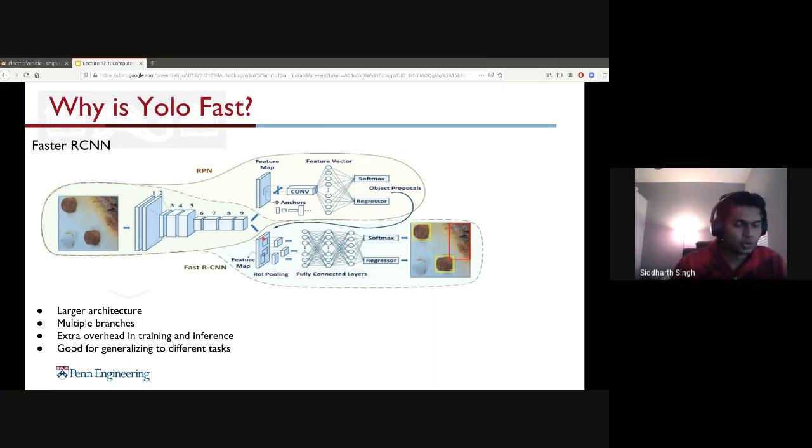Now, the advantage of this is that I can use any of these separate branches and use them for doing something else, right? So instead of pooling that here, maybe I branch it off and use the region proposals or the object proposals for doing predictions, anything like that. So that's one advantage of having